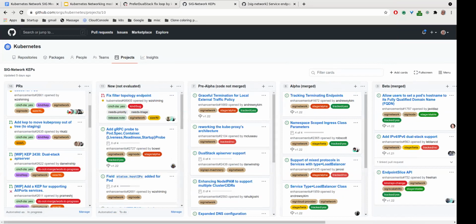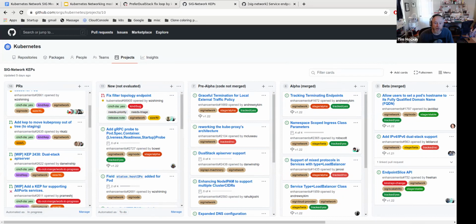Okay, so it sounds like folks have to just go through the issues and look at the history and gauge from there. Yeah. So if we can get to a place between now and the next meeting where we're sure that everything in this board is in the correct column, then we can go through them and talk through why they're in the columns that they're in, especially the things that are pre-alpha and alpha.